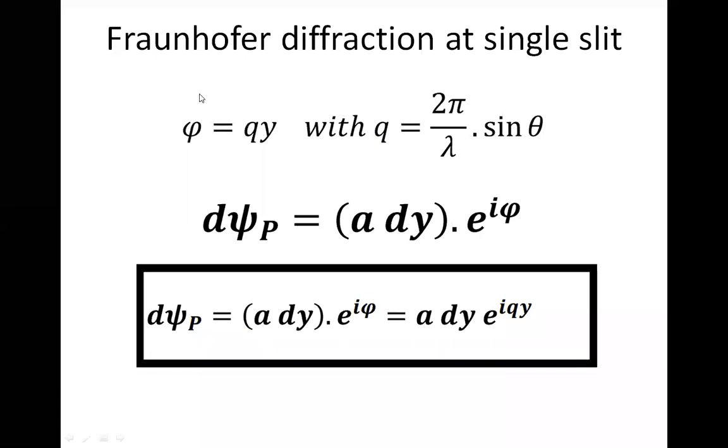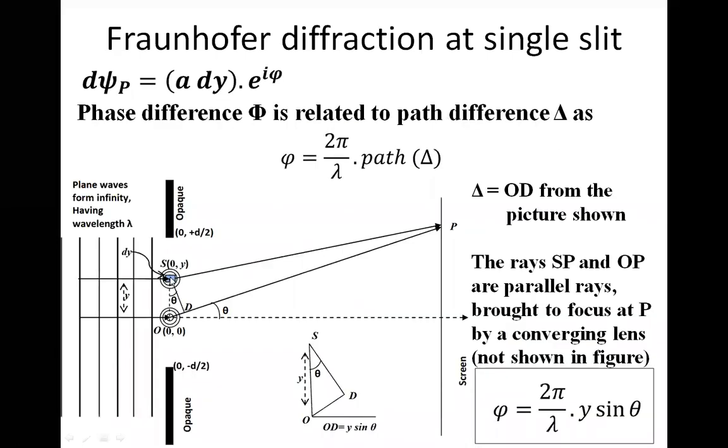For the path difference, why are we taking only OD? Amma, I already mentioned, if you look at the previous slide, I said these two light rays are parallel rays. From S to P, it's a straight line. From O to P, it's another line. Actually, they are parallel rays. I want to compare an arbitrary ray coming from S with respect to the origin. Assume that the origin ray is the ideal ray. With respect to this ideal ray, how much path difference is happening to S? S can be generalized, S can be pulled downwards, S can be pulled upwards. So from minus d by 2 to plus d by 2, S can be anywhere, right?